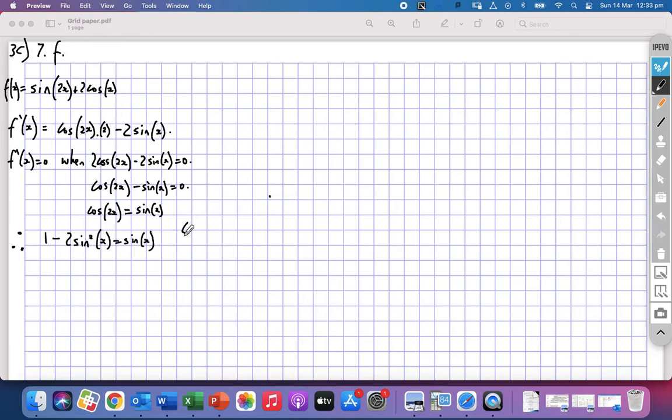What I would write is double angle formula for cos, or maybe I could just say cos of 2x equals 1 minus 2 sine squared x. We showed how to get that in class, where I drew it. I did it from drawing two right-angled triangles on top of each other. Anyway,